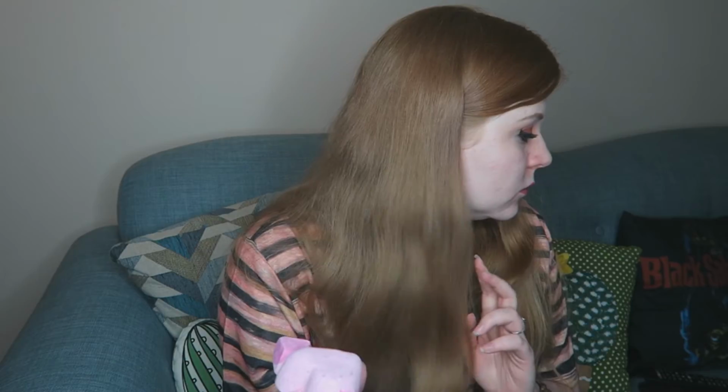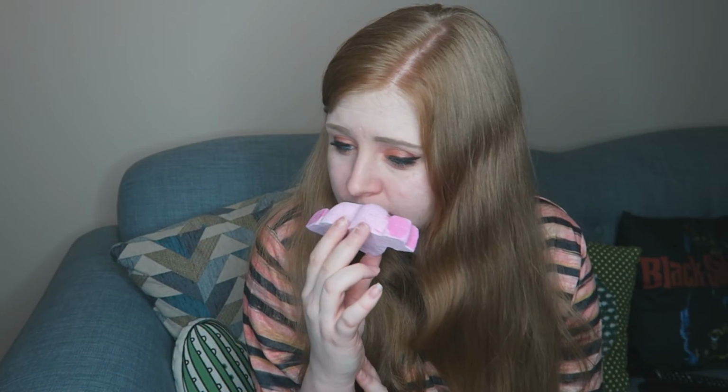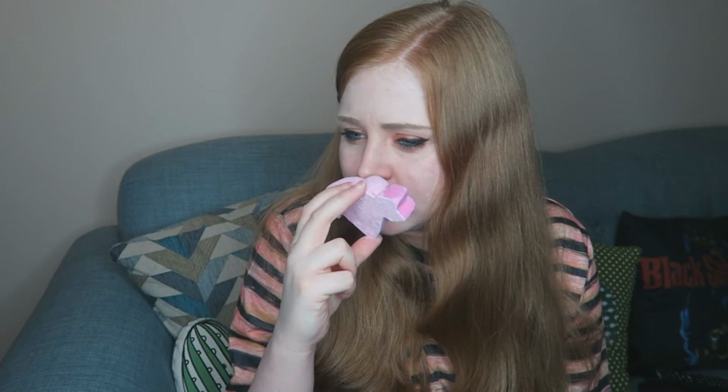We have lime oil, bergamot oil, violet leaf absolute, which I think is what's giving it that kind of earthy tea scent, fresh raspberry juice, and rose petal powder, which I must say that concoction just works. I think the main things I can smell though are the violet leaf and the raspberry. So it's kind of a bit like fruity tea,